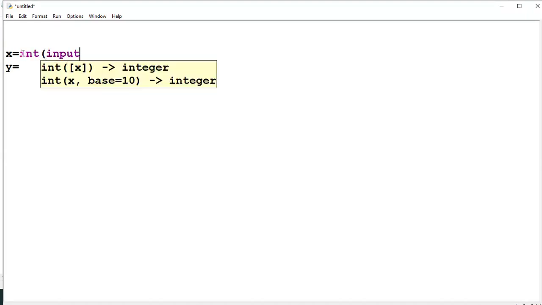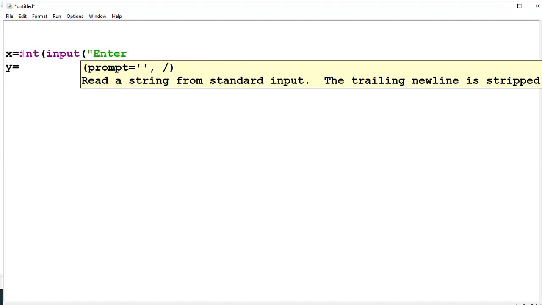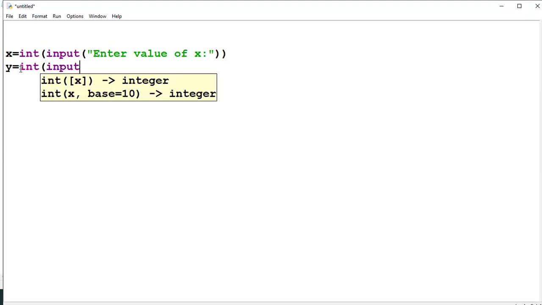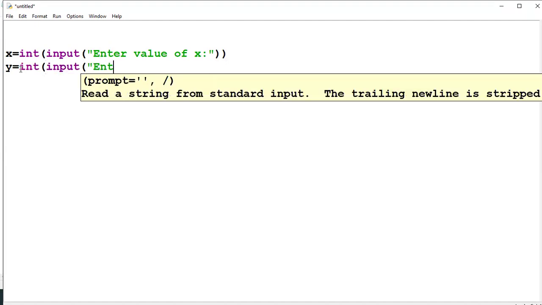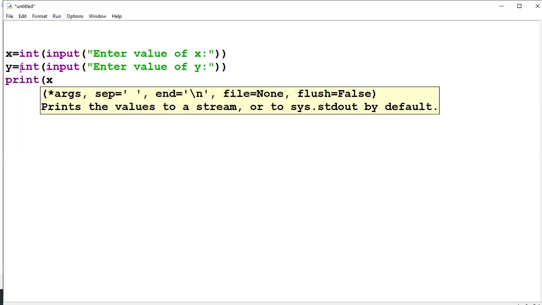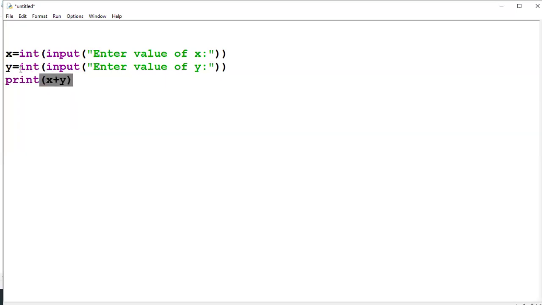Input the value for x, enter value of x. Input, enter value of y. Print x plus y, that's it.